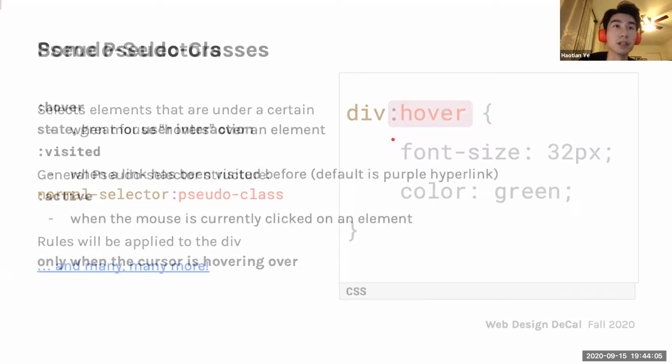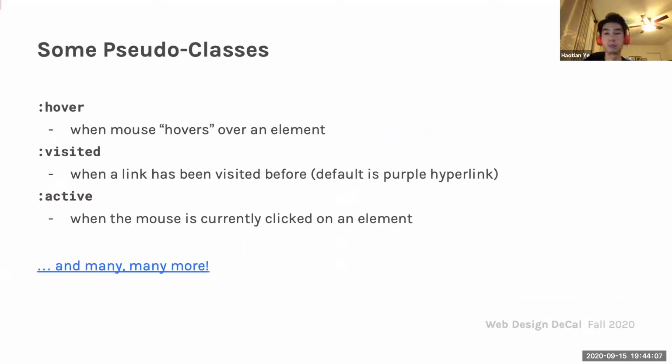Yeah. So here are some common pseudo classes. The colon hover one I just went over. When you hover over something, it'll change. There's colon visited, which is for any links that you've clicked on and visited before. The default is that it'll turn purple after you visit it. It's like Google search. If you search something up, click on the first link, and then go back to the search, that link will turn from blue to purple. That's what it means that you visited this link before.